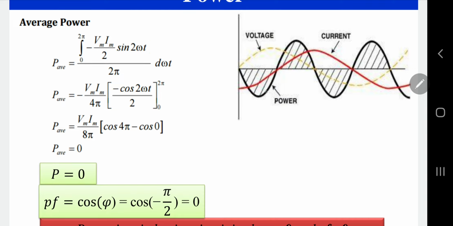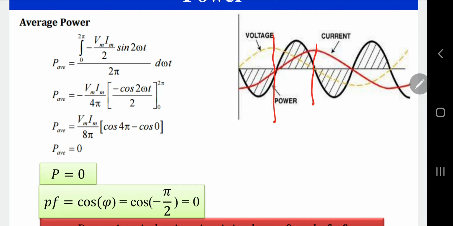Voltage into current is the power equation. So while analyzing till here, you can see that for the power value, voltage into current, voltage is a positive value, whereas the current is having a negative value. So when multiplying both, you will be getting a negative value. And when you go through those values, you will be obtaining a curve like this. So the power curve is shown by the black curve.